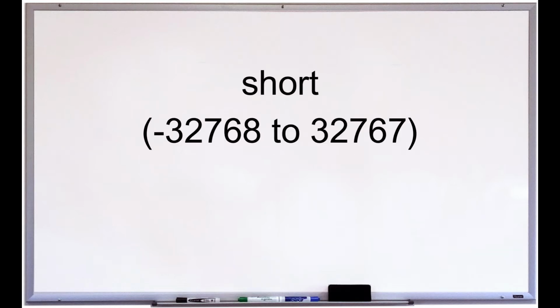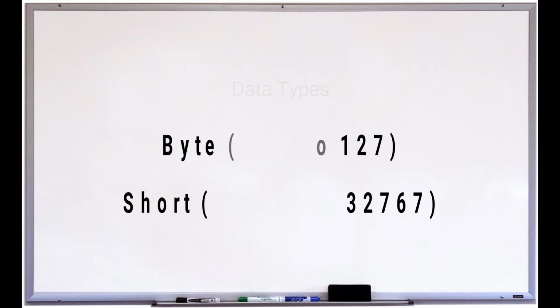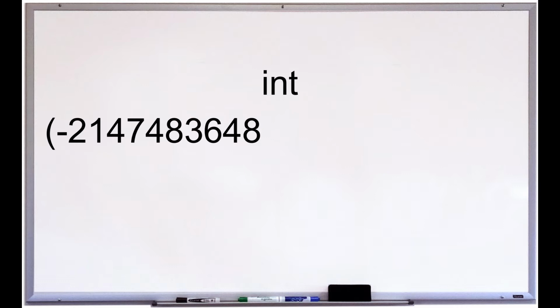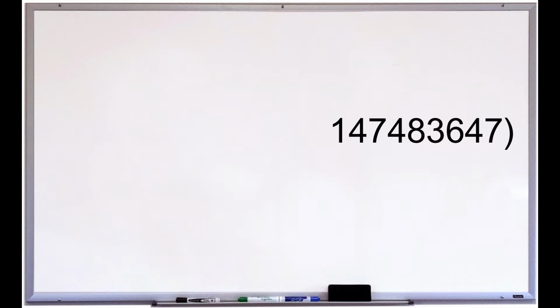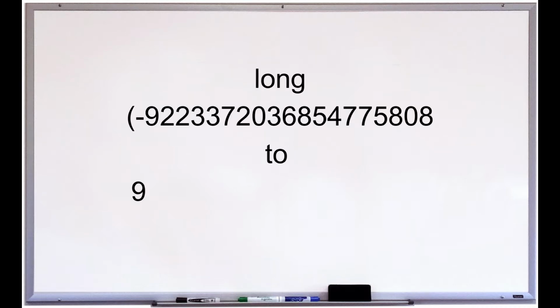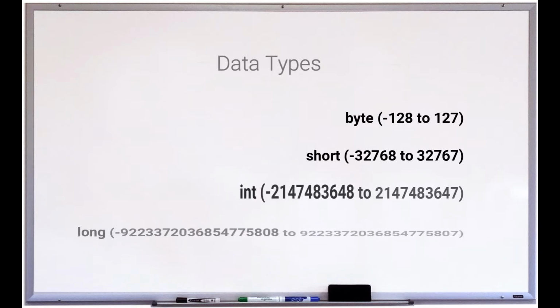Suppose we need to use numbers greater than 127 in our Java program. Then what to do? Next range comes short, -32768 to 32767. If this range doesn't sound good enough, then Java has int, which has a range of the numbers displayed on screen. If your requirement is still not satisfied, then you can go for long and its range is as displayed on the screen. You can use any type of number as per the range you require.